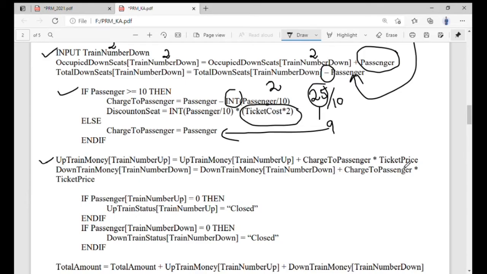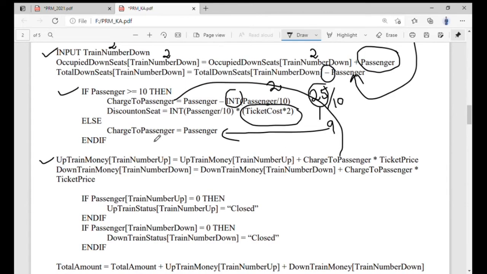Over here we charge the passenger. How many passengers do we have to charge? In this we are multiplying the passenger with the ticket price. Either you will get this from this or you will get it from this. In any case, if this condition gets true, you will get the charge passenger. If this condition did not get true, then you will get the charge passenger from here. It is talking about the numbers. For example, 9 passengers, it will save as 9. So 9 into the ticket price. What will be the ticket price? The ticket price, we already mentioned at the start, is $25.